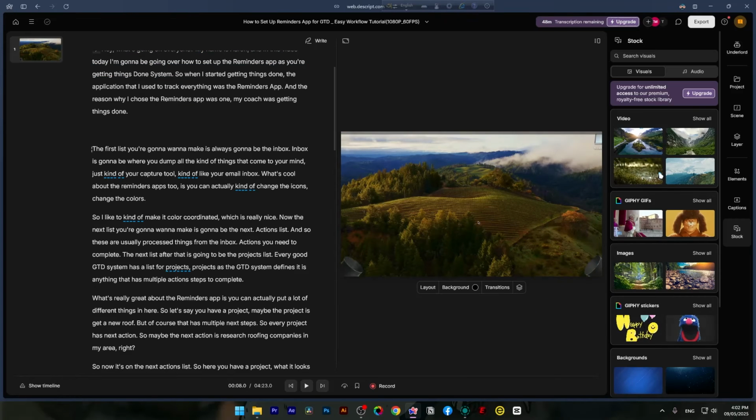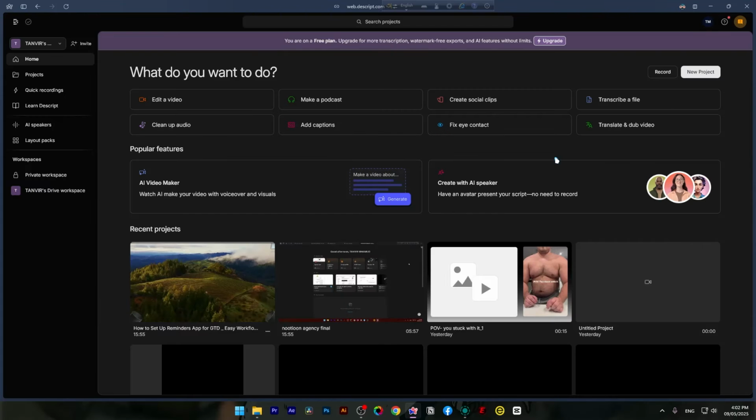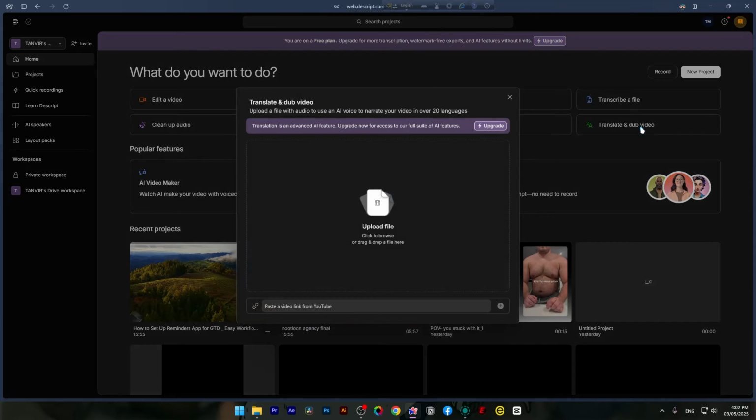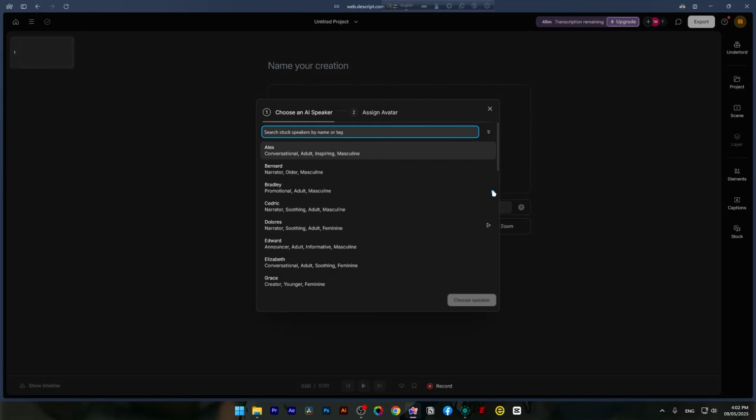Now, it has a lot of stock footage and AI captions. Point number three is voice cloning. And this one's wild. It can clone your voice. It's called Overdub. So if you record a script and forgot a word or sentence,